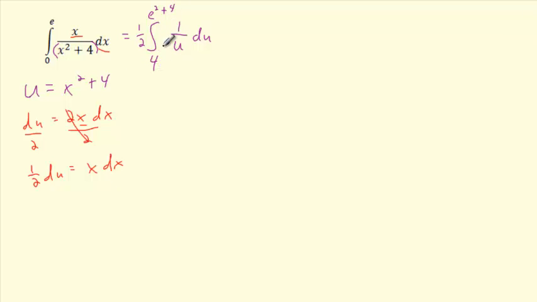Sometimes your boundaries will have to flip, like when you switch over and the top is smaller than the bottom. In this case, we don't. e squared plus 4 is bigger than 4, but sometimes you would have to be careful of that. They may rotate on you there. We're pretty coolio, though. So then I like to rewrite it, and I like to show my steps here because